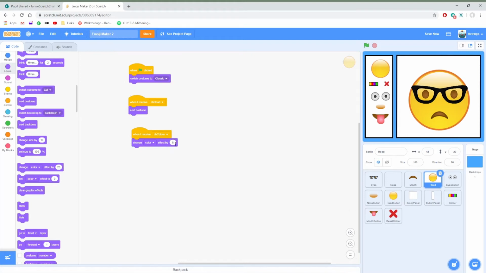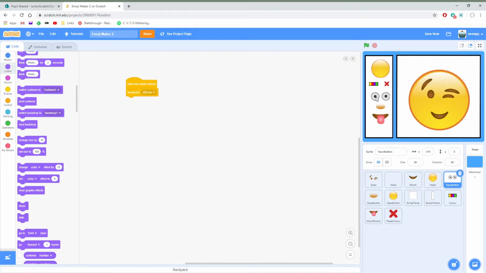But basically what this does is change the hue of the colour, and it will go through a whole range of colours and eventually end up back where it started. So it goes through the whole range of colours. So now if I click the green flag, I'll have love heart eyes, nose and that mouth, and if I click on this you'll see it's starting to change the